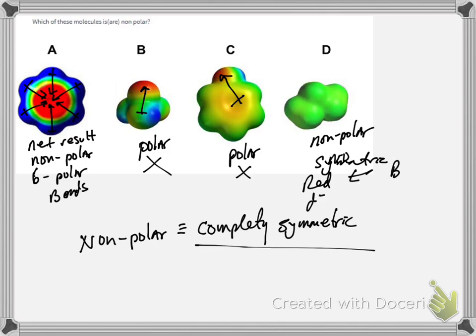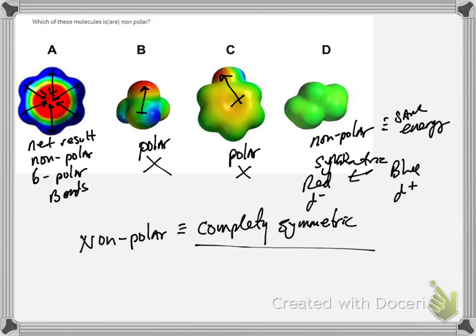So that leads us to picking, and also keep in mind that red was partial minus and blue was partial plus. But since they're all at the same energy, they're all the same energy in D. It's a nonpolar molecule. Now, of course, our exams are in black and white, so you won't have to do this. The last question is much more like it. You won't have any PES surfaces on our test, but it is a nice visual representation of something that's polar,